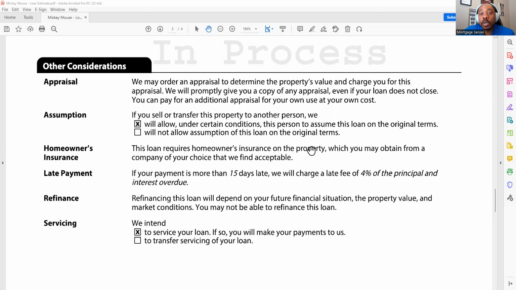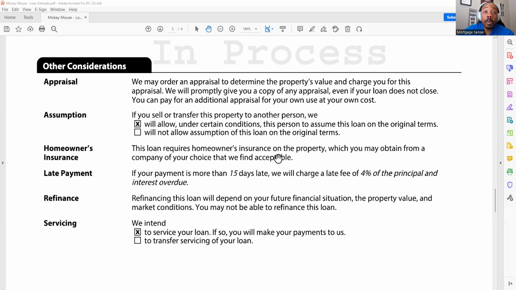Other than that, homeowners insurance. This loan requires homeowners insurance on the property, which you may obtain from a company of your choice that we find acceptable. At the end of the day, it's saying that you have some insurance on this property in case an act of God happens: fire, flood, hurricane, tornado, whatever the case may be. Have some insurance just in case that occurs. The house gets blown away, burned down to the ground. Well, the insurance premium will pay out the mortgage, right? Or pay the replacement cost of the home, or whatever the case may be,